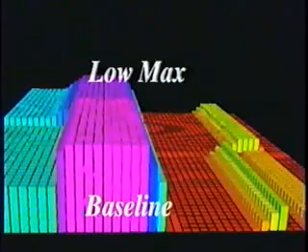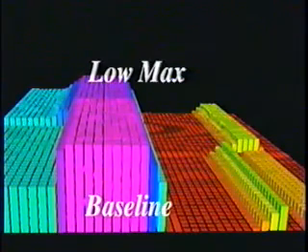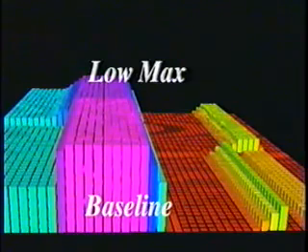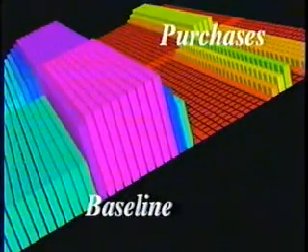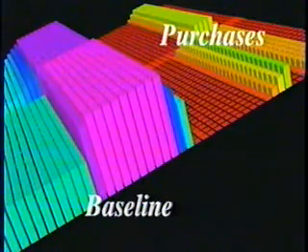This top view shows the baseline case at the bottom and the low max case at the top. Generation is shown on the left and purchases on the right. From a side view, note that under the baseline case, purchases are made during two distinct periods during the day, unlike the low max case. This pattern is driven by the environmental constraints. Notice the shoulders on the low max data block, whereas the baseline case is more angular and block shaped.